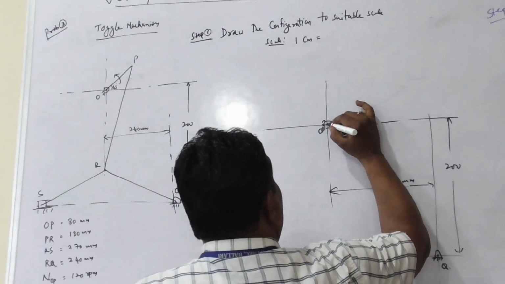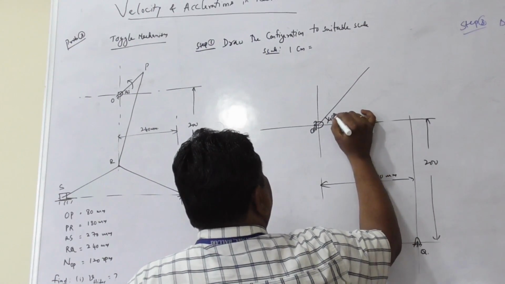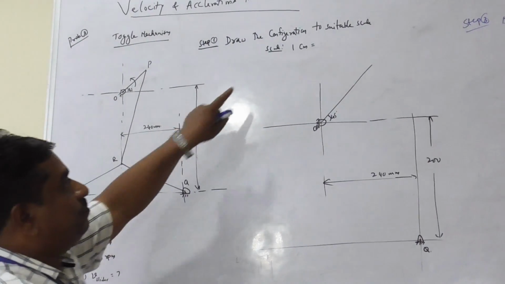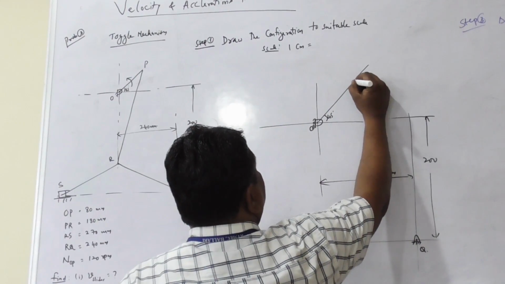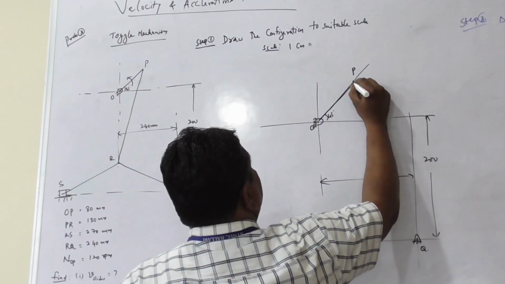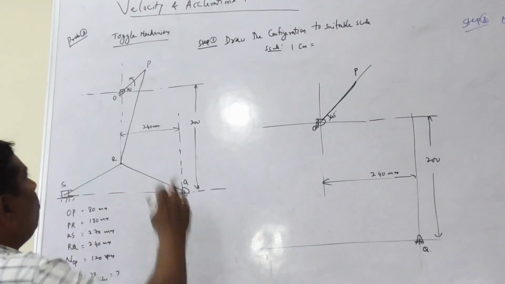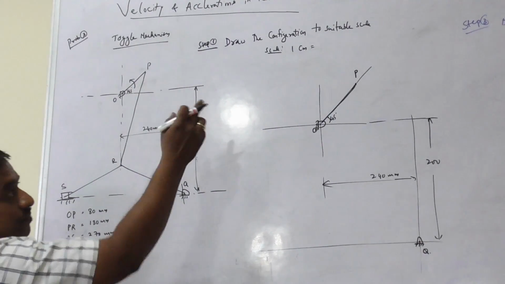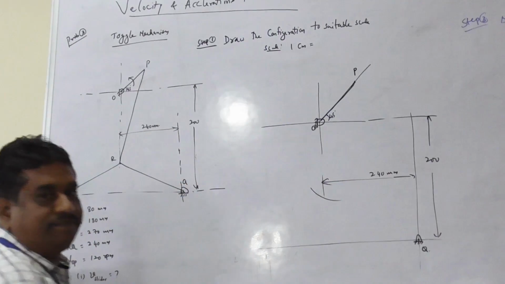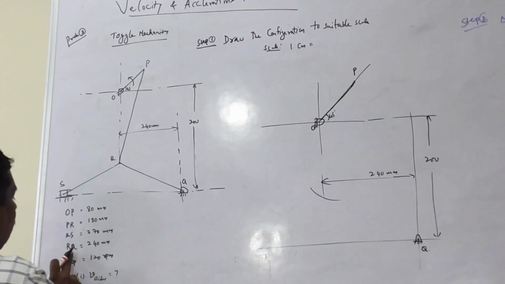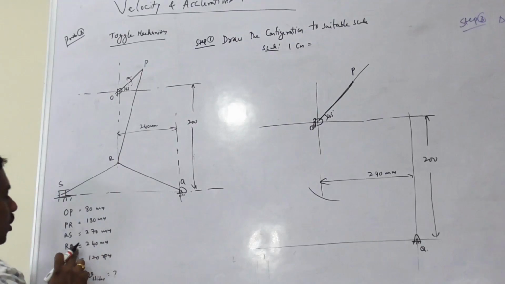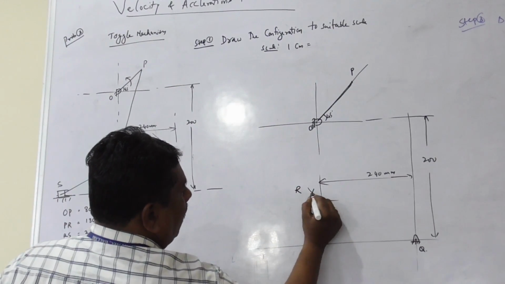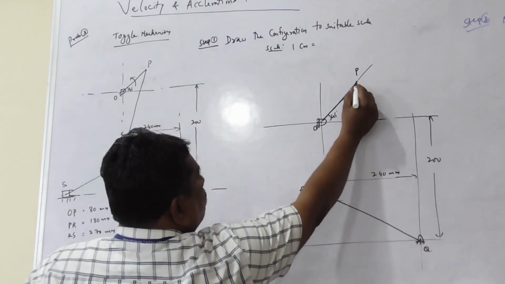Now, draw a line at an angle of 45 degrees and on this 45 degrees line, measure a length of 80 mm with respect to the scale of the configuration diagram and fix up the point P. OP is the crank. Now, PR length is known. With known PR 180 mm as per the scale, with P as center, cut an arc. Then RQ length is also known, because we know the position of Q. With the 240 mm radius and Q as center, cut an arc to get R. Join this QR and join this PR.